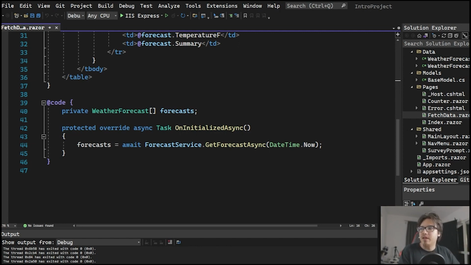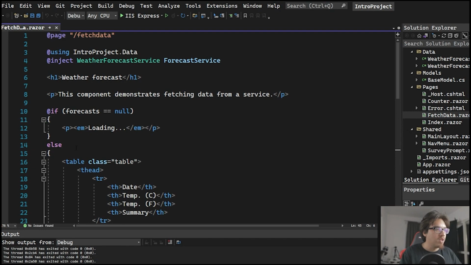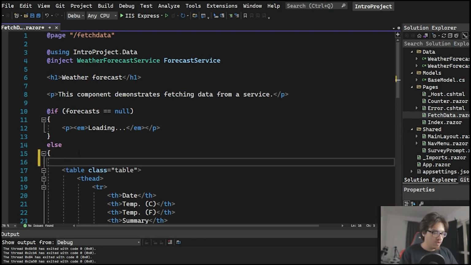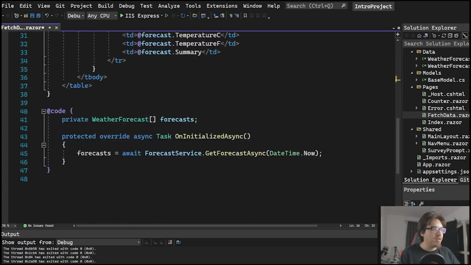So in this case, what I want you to do is up here, above the table, we're gonna have an H3. Just write in this header "Date is" and something else. Leave that for now. We're not gonna come back to it. We'll come back to it in a bit. And down here,